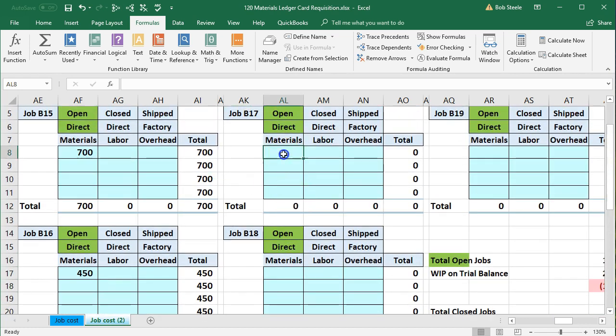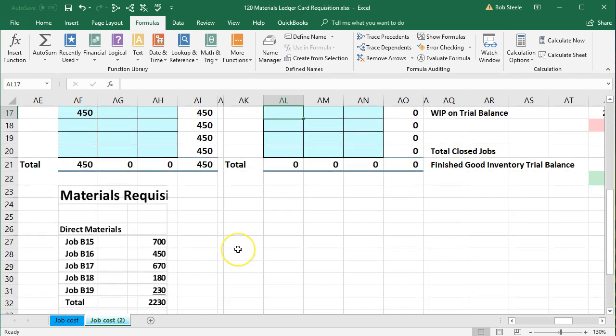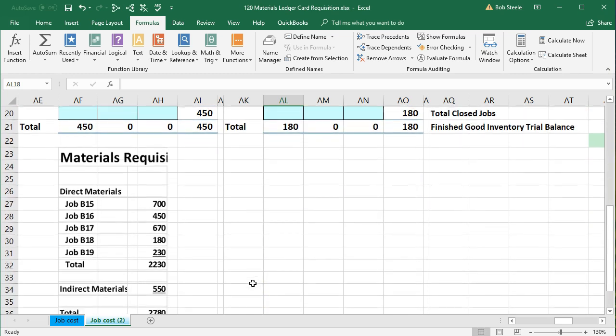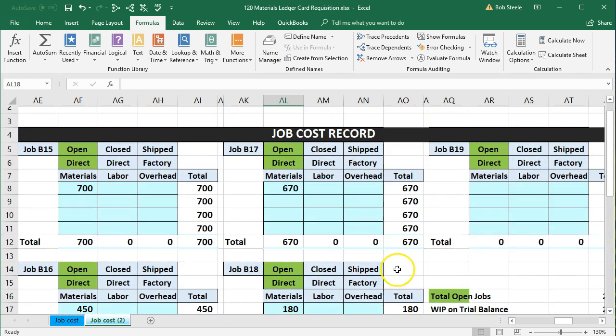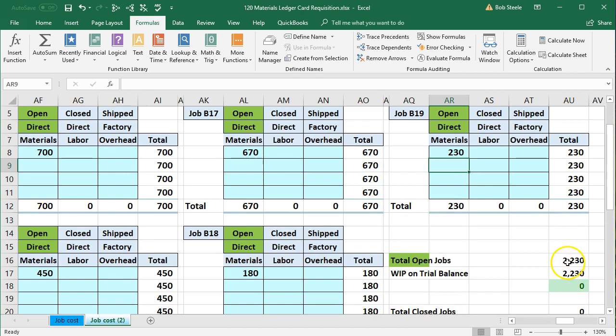B16 is going to be here, and that was 670. We're going to say that this is B18, and that's going to be 180. And then B19 is going to be that 230. So here's B19, 230. Now, if we did this correctly, if we add up these jobs, which is this cell,